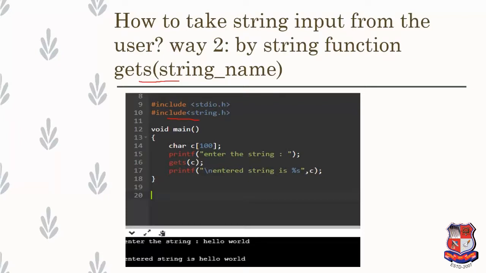Now I'm declaring one character array. I'm printing the message "Enter the string". Here the name of my array is c, so in gets, simply I have to write c. Then I'm printing "Entered string is %s" with c. So you can see, first of all, it will give me "Enter the string". I'm entering hello world, and the output which I have mentioned in printf, that is my second message, entered string